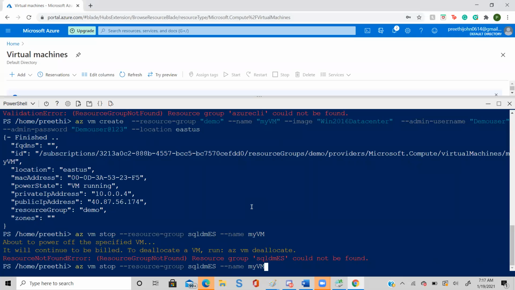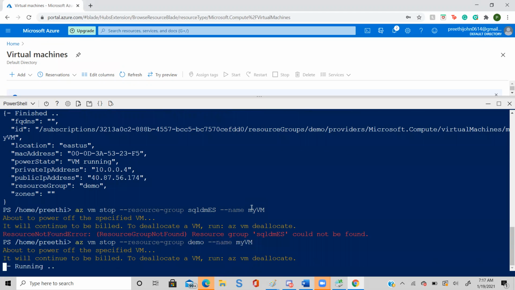Oh, sorry. It was the demo resource group, right? Correct. Yep. So now it is going to shut down your virtual machine. So likewise you can perform every task in Microsoft Azure using these two ways of automation. All done? Yes. Now tomorrow we are going to see how you are going to perform monitoring in Microsoft Azure, which tools you are going to use.